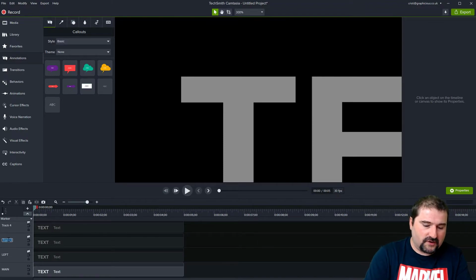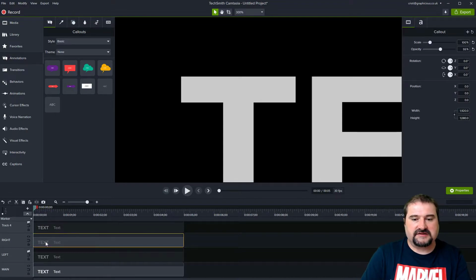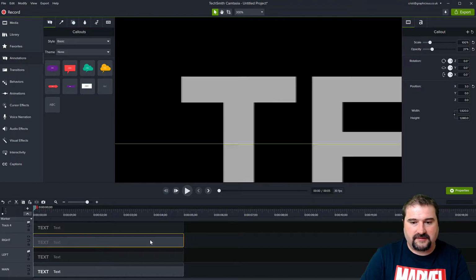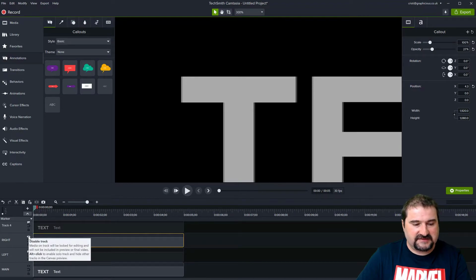Let's call this one right. Okay, so this means I'm going to turn it on, click on it, and it's now selected. So I'm going to hold down the Shift key 1 and then 1, 2, 3 or so. You can even eyeball this. If you're zoomed in far enough, it's not going to make a huge difference. Okay, so this is my right text.